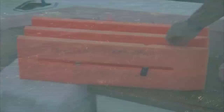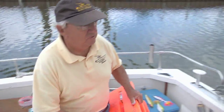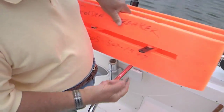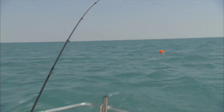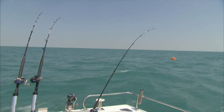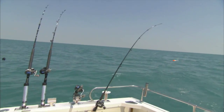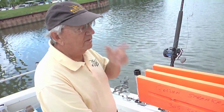This is our planer board that we put out, which hooks up to 300-pound test mono, and we send it out about 100 feet, one at starboard and one at port off the boat. And then to this, we snap the lines that we put out, and they'll snap off as the lures are hit by the muskies. This gives us an opportunity to troll 4 lines on each side, 1 down the middle,